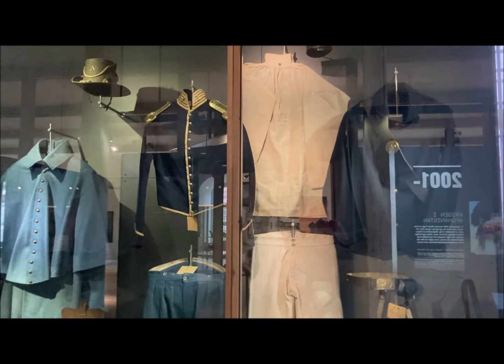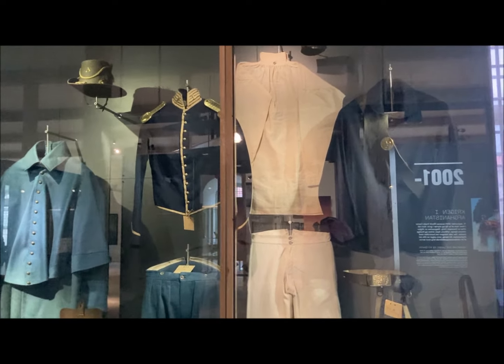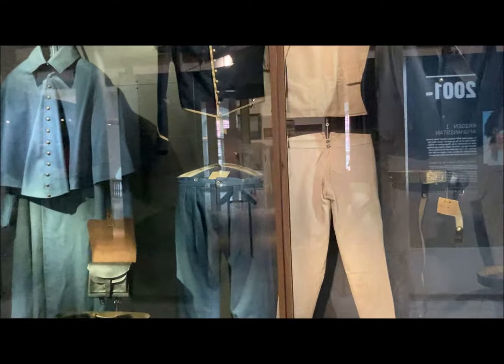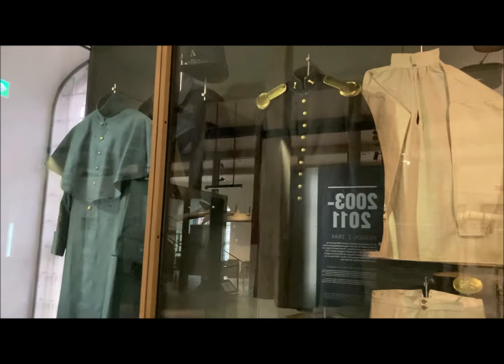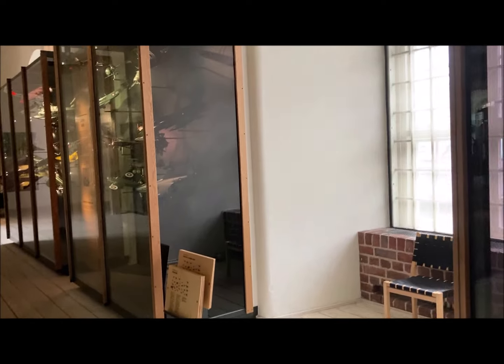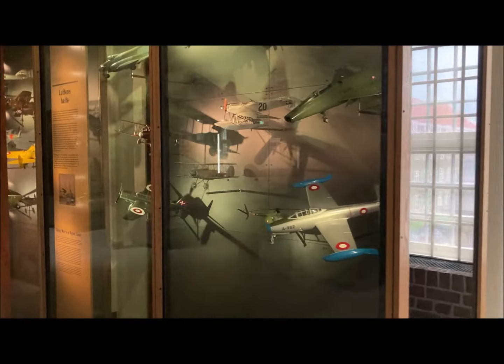Now this is a surprise, but I was told about this. The King of Denmark ordered uniforms from America to see what was going on during the Civil War. And that's why the Danish War Museum has a lot of American Civil War collection. Kind of odd, but apparently this is like the biggest collection in Europe of American Civil War items. Anyway, then into